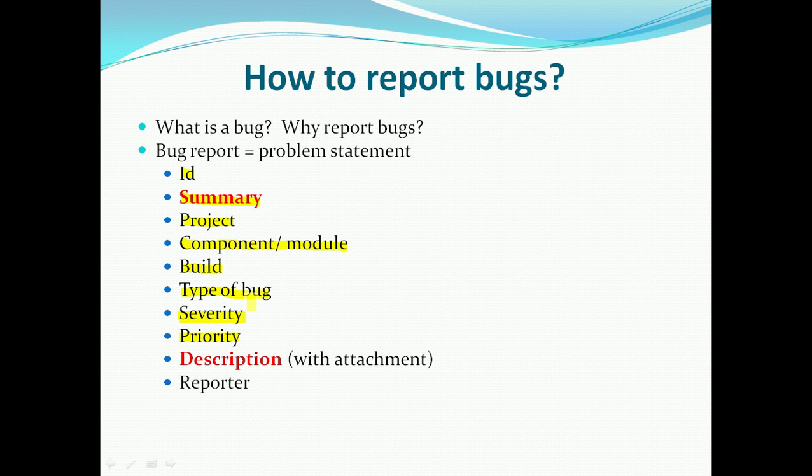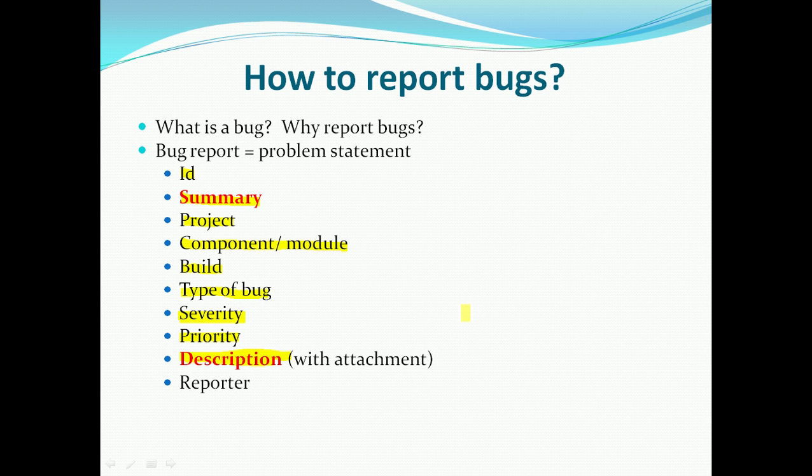Now we come to the most important part of the bug report, and this is the description. We already saw that out of the previous data that you have to give in the bug report, summary was important. Summary is basically a concise short form of the bug report, describing the bug in a few words in a compact manner. Description is where you give the entire data, whatever data the developer is going to require. The bulk of that data is given in the description.